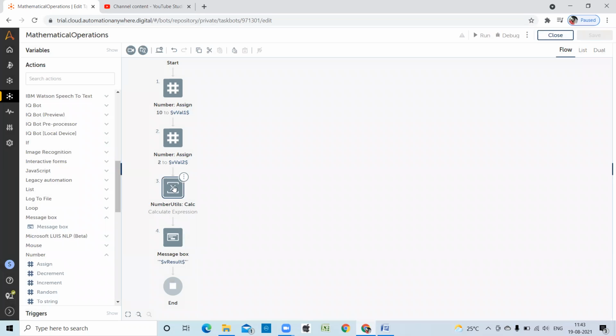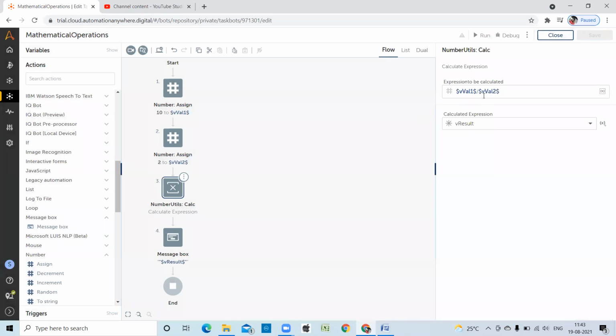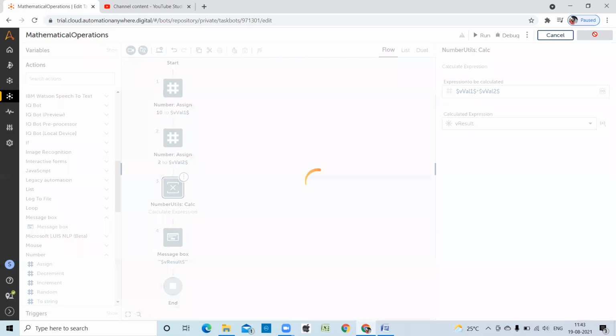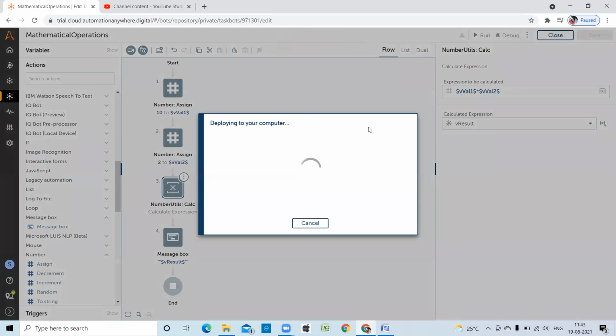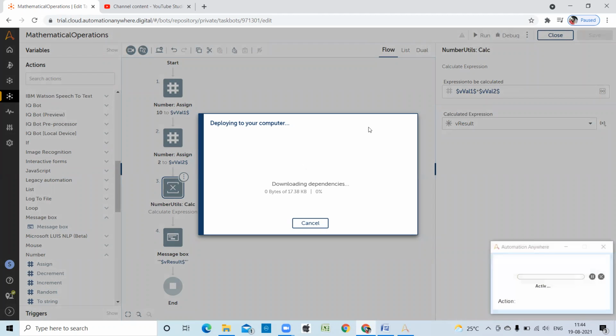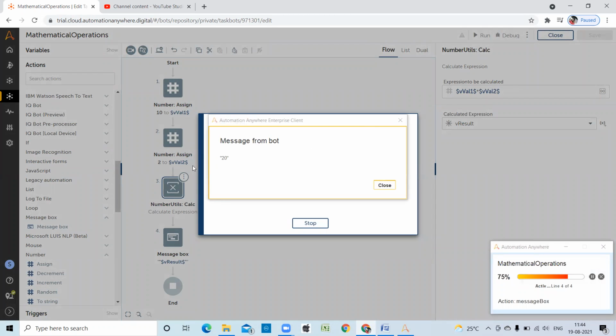I'm going to multiplication. I'm giving star. 10, 2.